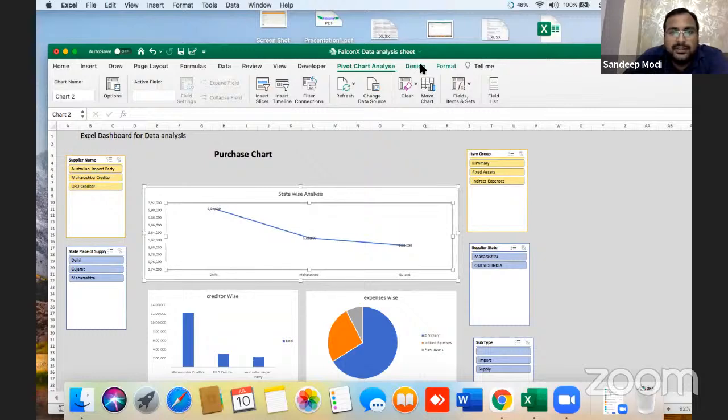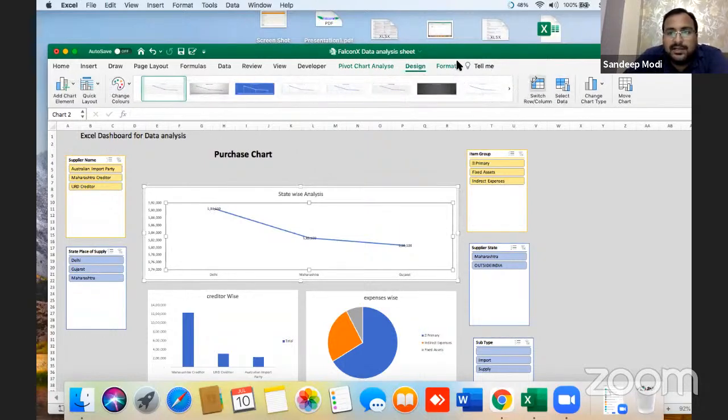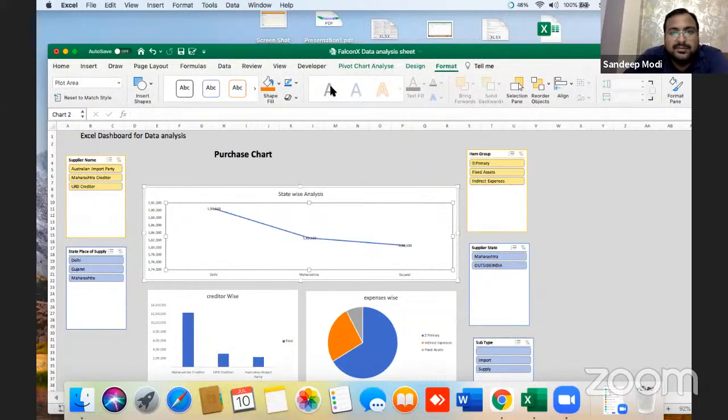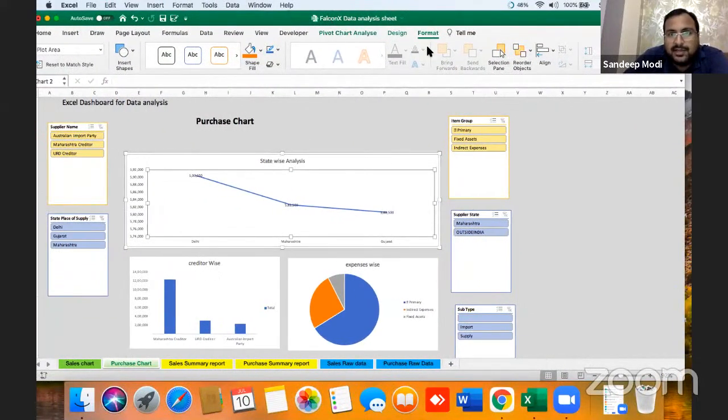So you can easily design, select the data, format is there. Anyone, any queries? I have specially kept 20 minutes extra for you, means 30 minutes buffer session I have kept. So no one asked a question.